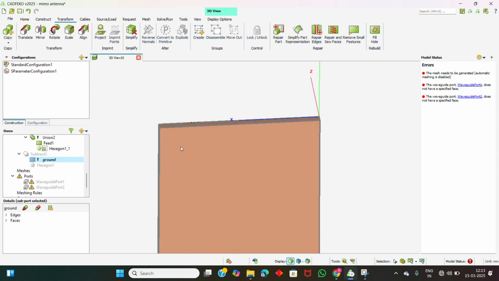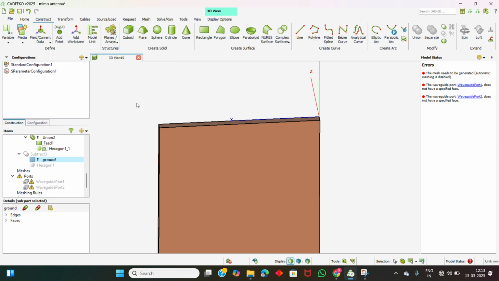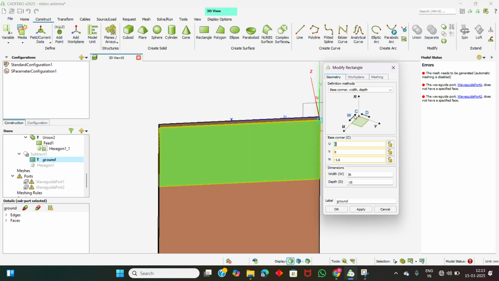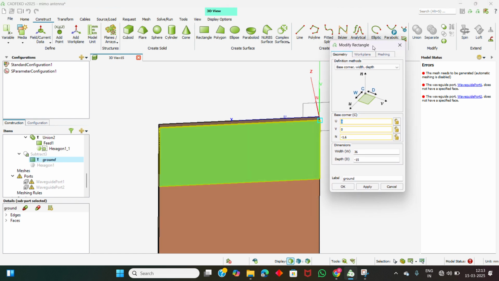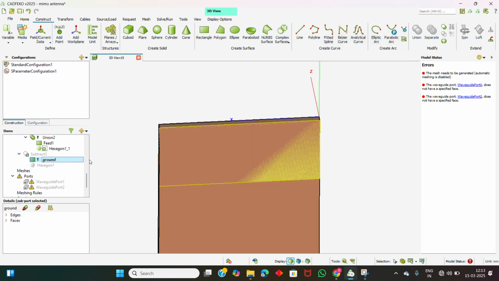Now here we will create the required ground for this MIMO antenna. For this also you need to take another rectangle. As I have already created the ground, the ground dimensions are these. You need to take these dimensions and click on OK, and then you need to take another hexagon,